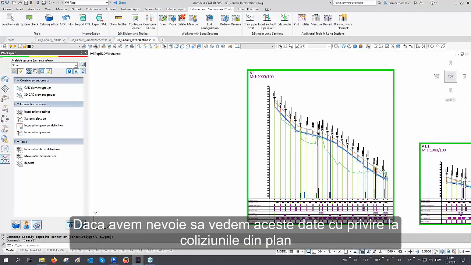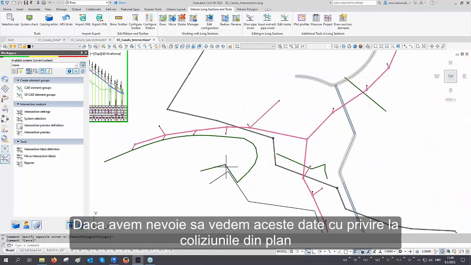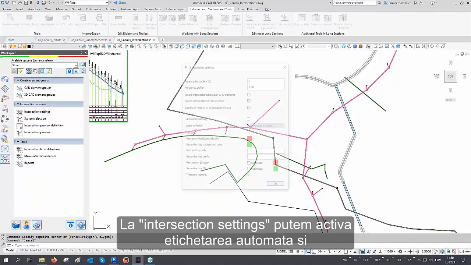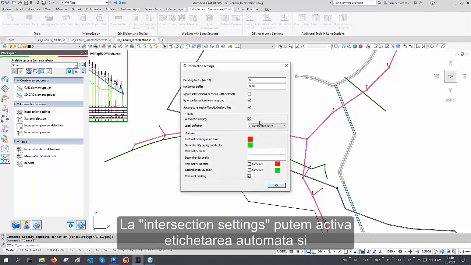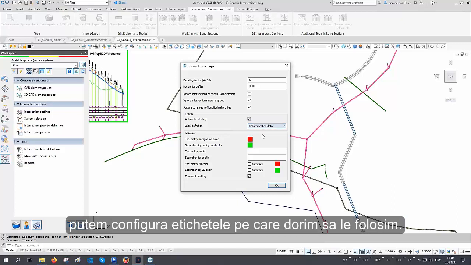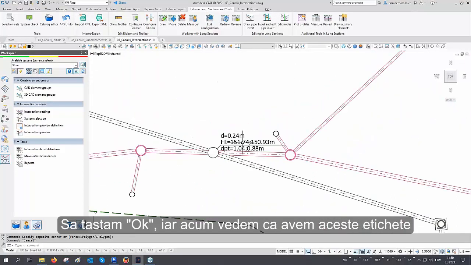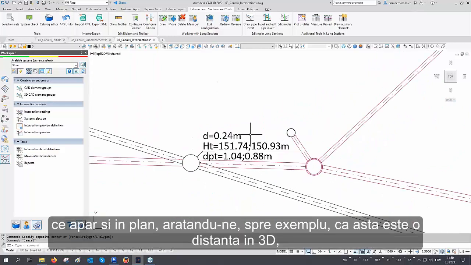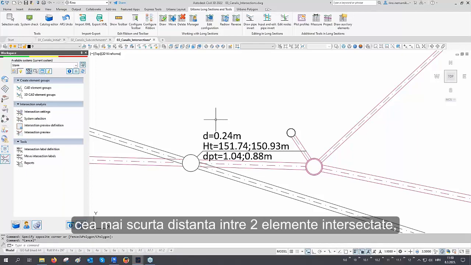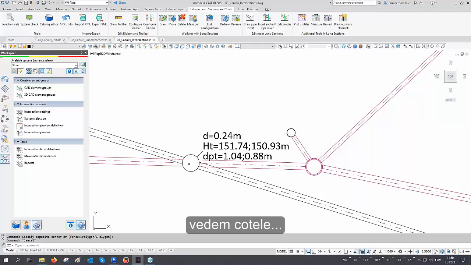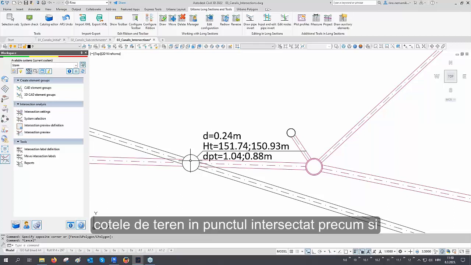Okay, so if we need to see this data about intersections in plan as well, in intersection settings, we can turn on automatic labeling and define the label configuration that we would like to use. Let's click OK, and now we see that we have these really nice labels also appearing in plan, showing us, for example, this is a 3D distance, the shortest distance between two intersected elements. We see the terrain elevations at the intersected point, and also we see the depths of